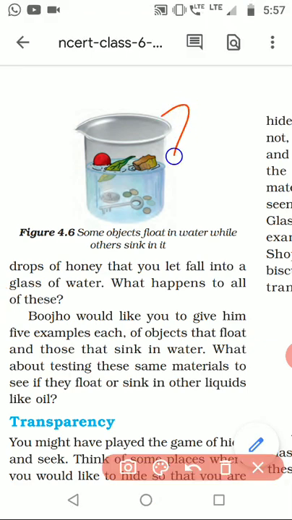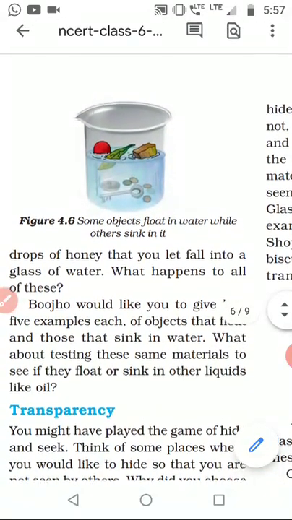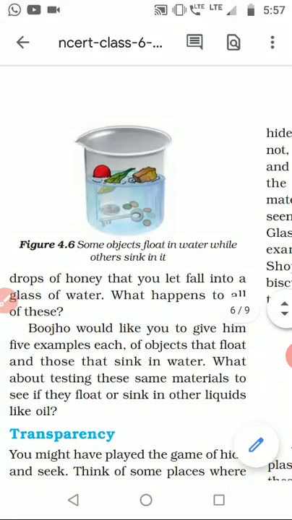Why we need to understand this topic of sink and float is, suppose we have to make air jackets for a swimming costume, or rings for protection in the swimming pool, then we should know which material will float and which material will sink. Plastic, which is a lightweight material, will float in water, and so life-saving jackets are mostly made of that material, filled with lots of air inside, which makes it very light so it floats on the water. This way, this knowledge of float and sink of different objects and materials can be used to design various things.